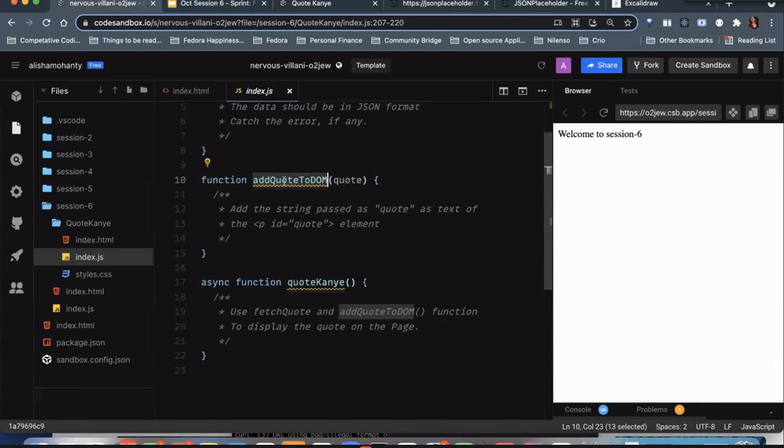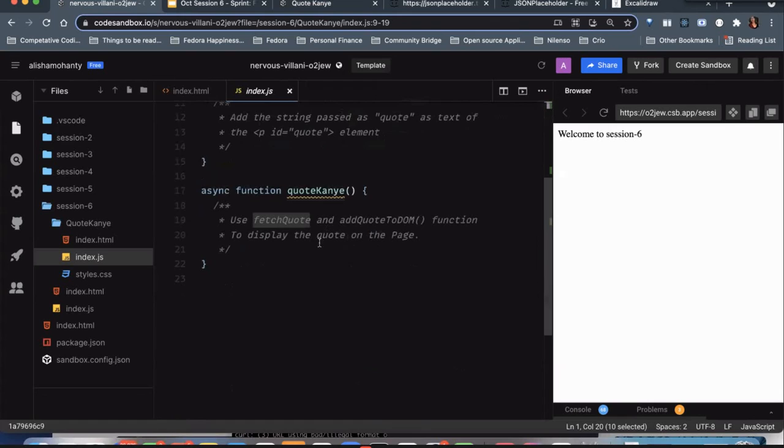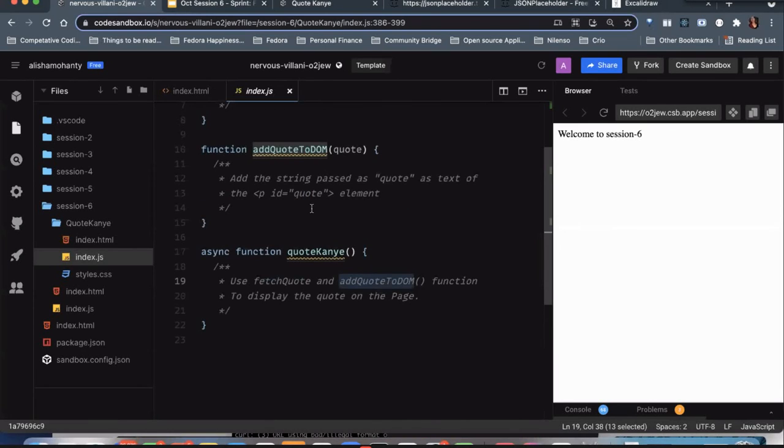So what this would do, you need to call fetch code inside this code Kanye. Code Kanye would be finally called, but inside this, you need to first fetch the code. Then once you receive the code, pass it to add code to DOM. It would get the data and show it in the UI by changing